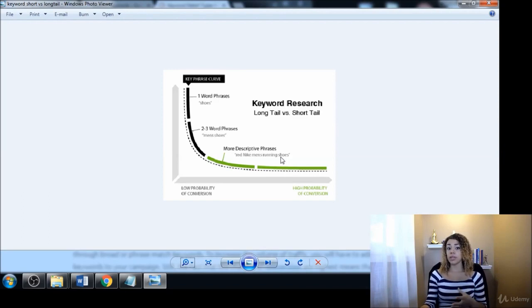Now, as you dive in more to the research, you will see terms like men's running shoes, Nike red. That's a weird term, because obviously we know that people may be searching that in because they want to find those results, but it's very hard for us to use that in a way that would make sense in our content. Now, it's not impossible. There are creative ways that you can still use those terms.